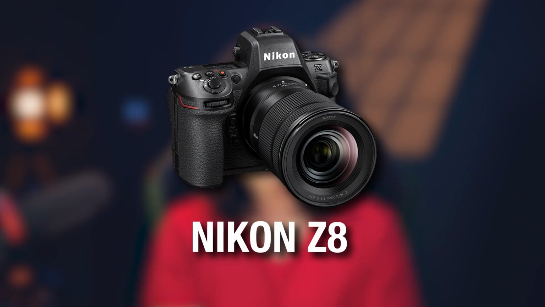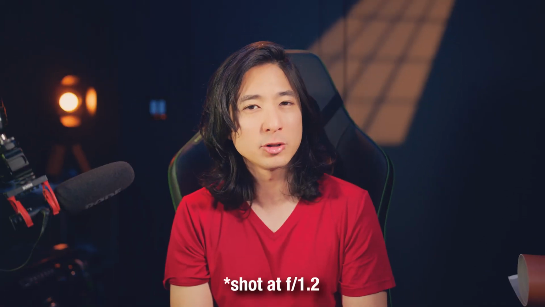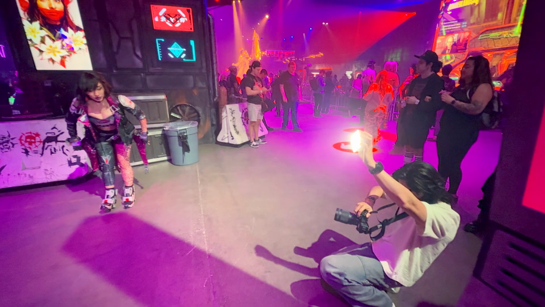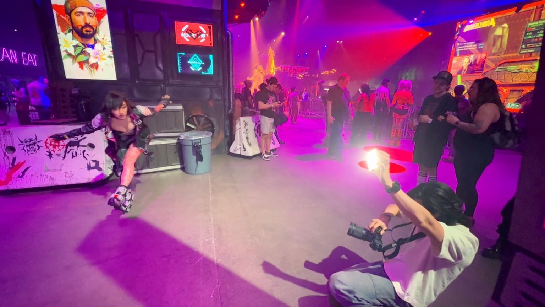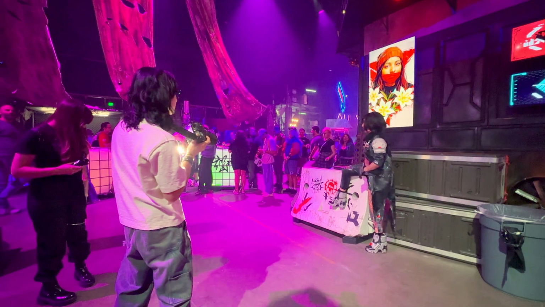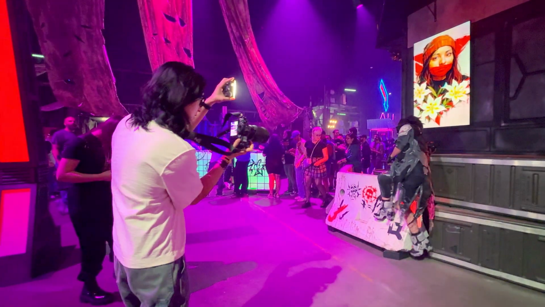Now for gear, I used my Nikon Z8. I shot mostly at f1.2 because of how dark it was, and I set my camera to auto ISO. Handheld the Z8 in one hand and using the M20 in the other. It wasn't perfect, it's not the best, but it did pretty good at this event, so I think it was a win. Once I got a shot, I bring it back home, touch it up in Photoshop, add some clarity. I even make the character pop more by upping the saturation a little bit. And here are the